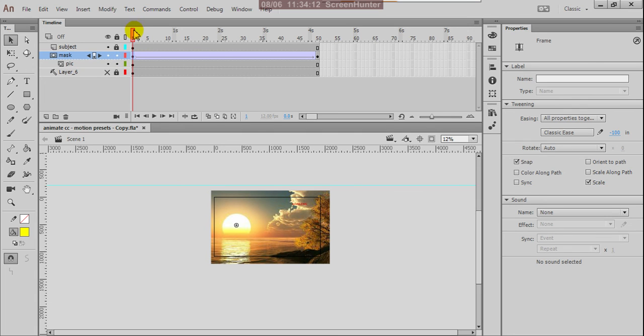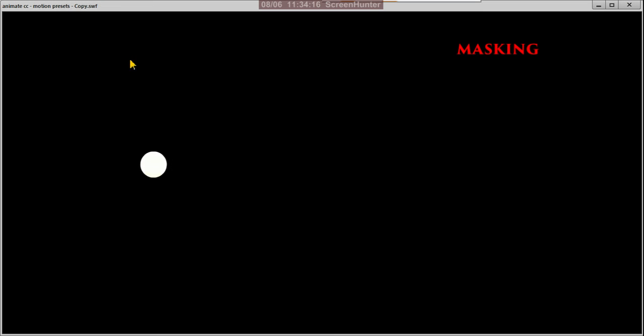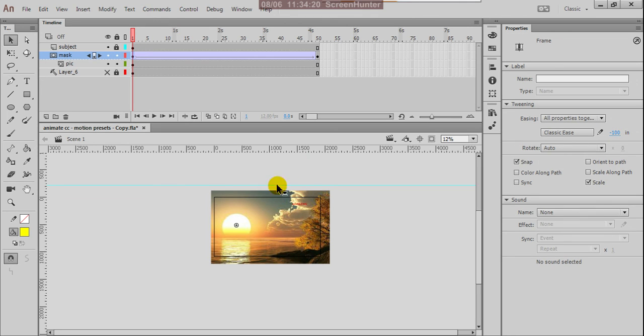Suppose, yes, this mask can be any shape. Give any star or otherwise rectangle, square, oval shape or circle. It can be any shape.